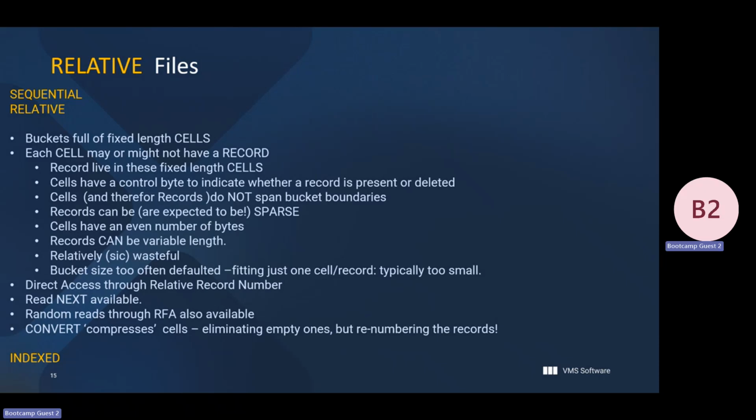It's relatively wasteful, because you have these buckets and this overhead in the cells, and if you write record 1 and record 10, there's a gap of wasted space. If you had an index file with proper keys, 1 and 10 would be next to one another. Bucket size is too often left at the default. People just don't think about it. They make it tiny, just enough to hold a record, where maybe it's better to hold 10 records when we're dealing with